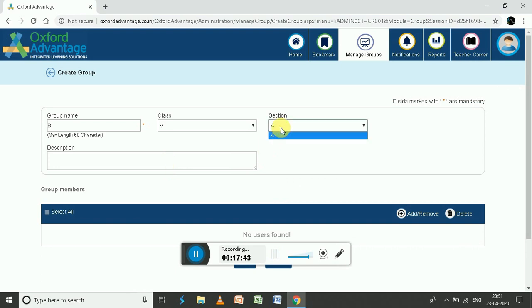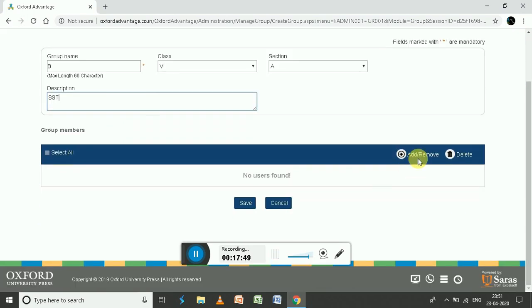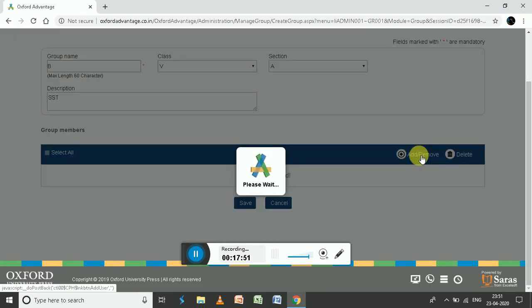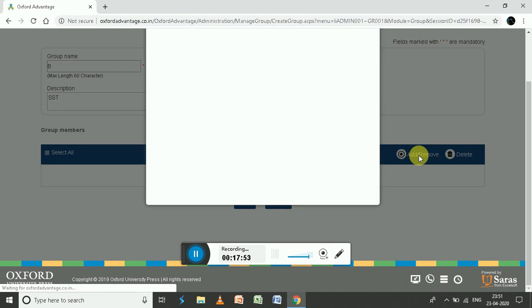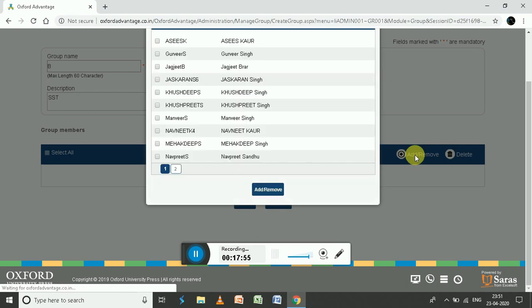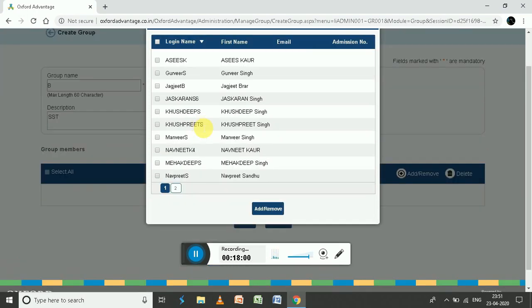Class, it's A, description is SST, and let's find some students. Over here you will find the names of all the students that are there. The class teacher has to input the names of all the students in the group, so the other teachers would be able to find it.